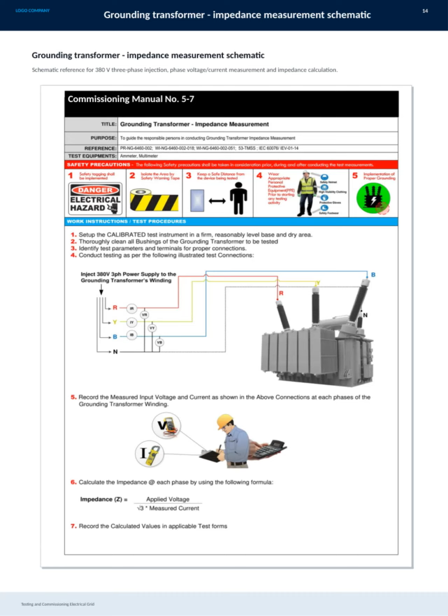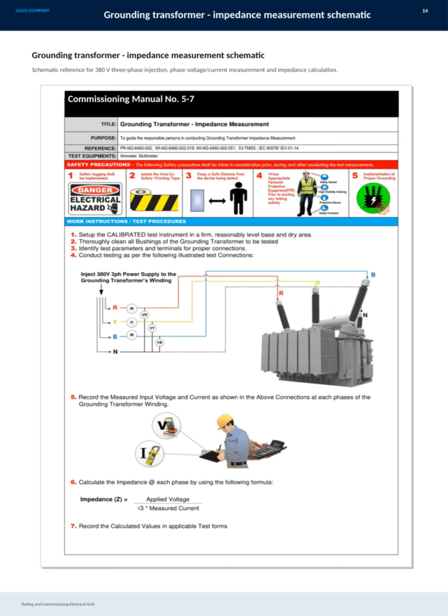Here we have the schematic for the grounding transformer impedance measurement, an essential part of testing and commissioning the electrical grid. This diagram shows the setup for a 380-volt three-phase injection, where we measure both phase voltage and current. By analyzing these measurements, we can accurately calculate the transformer's impedance, which is crucial for ensuring proper grounding and overall system safety. This process is detailed in Commissioning Manual number 5 to 7, providing step-by-step guidance to carry out the